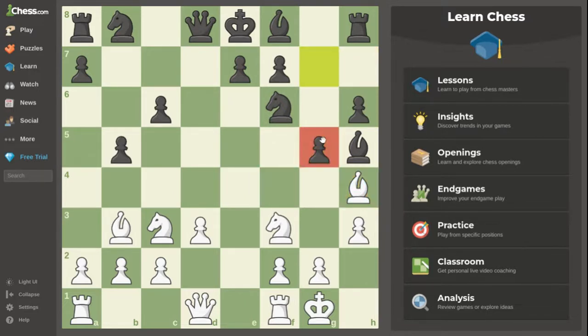I mean, if you come back here, it's not that bad. H4, but it lets them prepare a very big attack, and after knight moves there and f5, f4 here, and bishop back, it kind of gives them a very nice advantage. So if I was you guys, I would have played bishop back to f4,